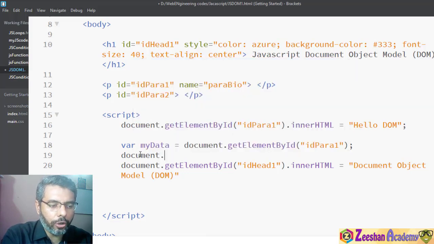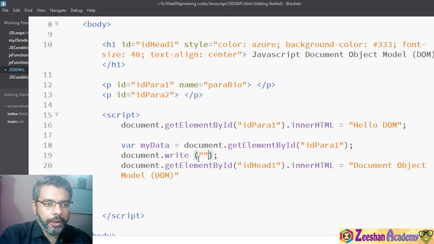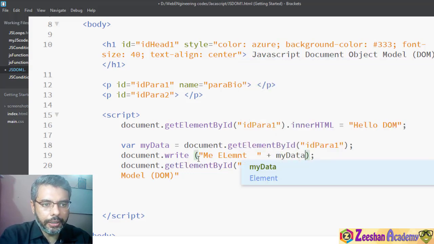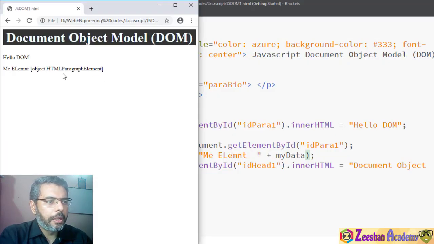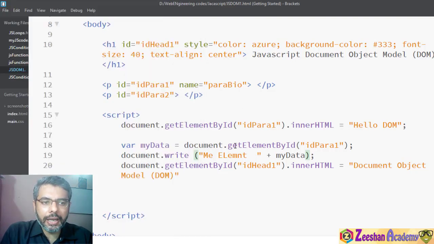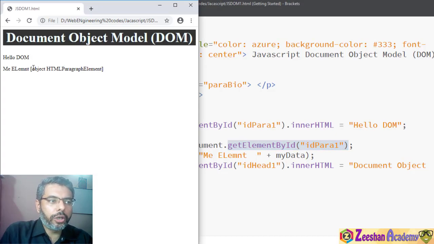For example, I can say document.write, and within the brackets hello. Then I can say document.write, and in brackets my element plus myData, Control S. If I come into my HTML, you would see object HTMLParagraphElement. So you can even print that element component here. Once you read this getElementById, you would see that this is what it is returning.